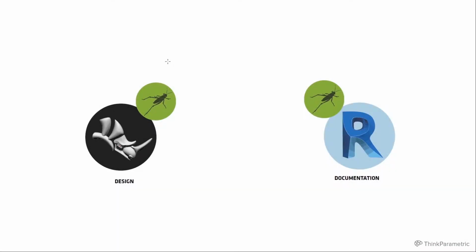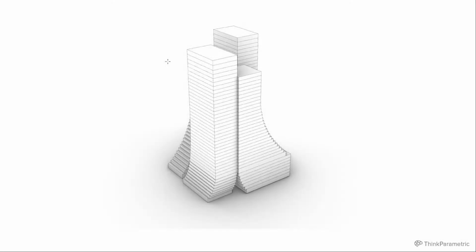And so, Rhino Inside was one of those tools that stood out to us as maybe a part of the solution to this problem, to navigate moving back and forth between our design space in Rhino and our documentation space in Revit. And so essentially what we did was develop a process that allowed us to move back and forth. I'm going to talk you through that process of what we actually did in the project as a backdrop to what we'll be doing in the class, which will be a much more simplified version of this. But hopefully it gives you the foundations of how to maybe tackle this in your own projects, and you should be able to add more complexity to the project itself as you go.